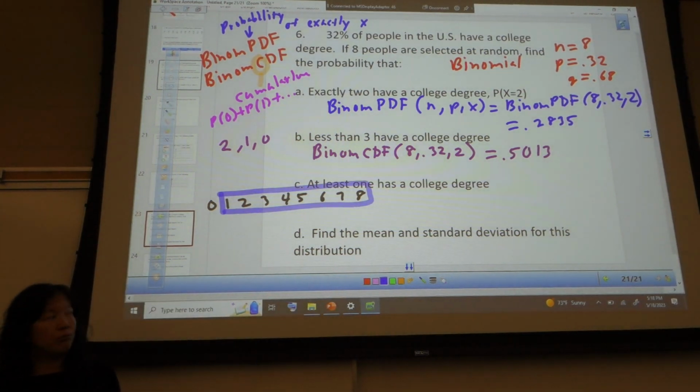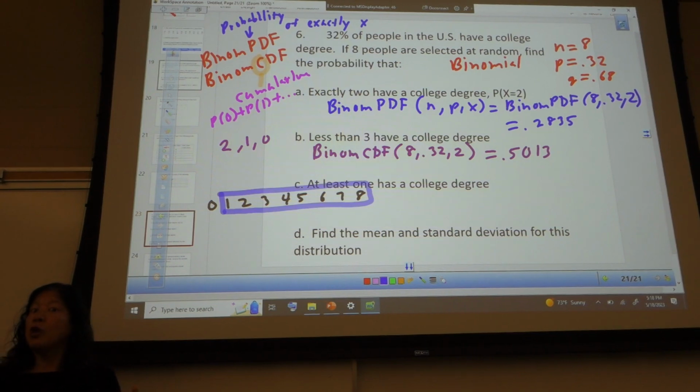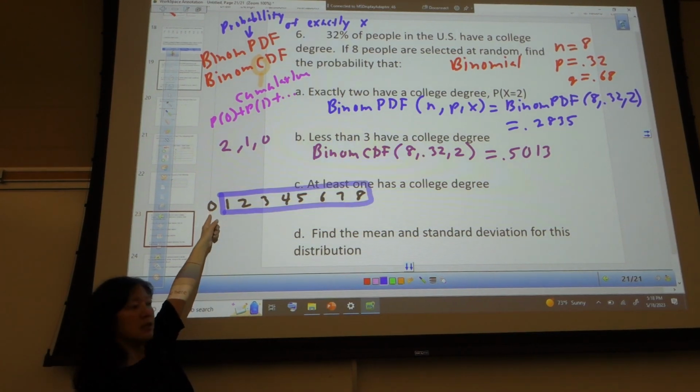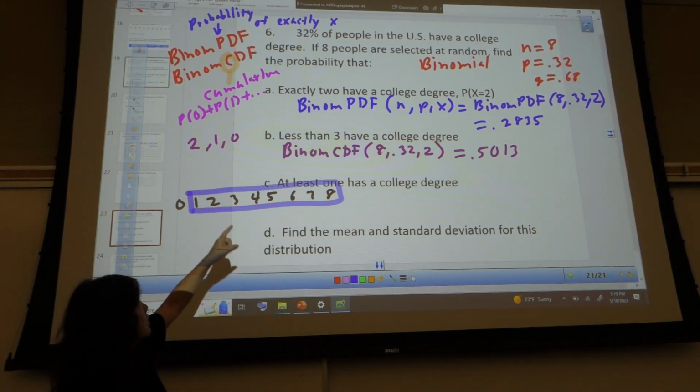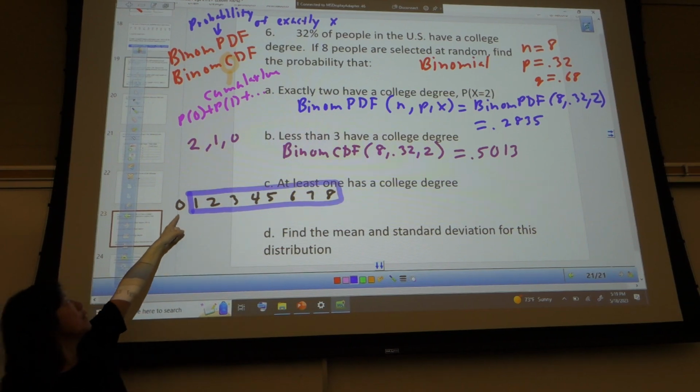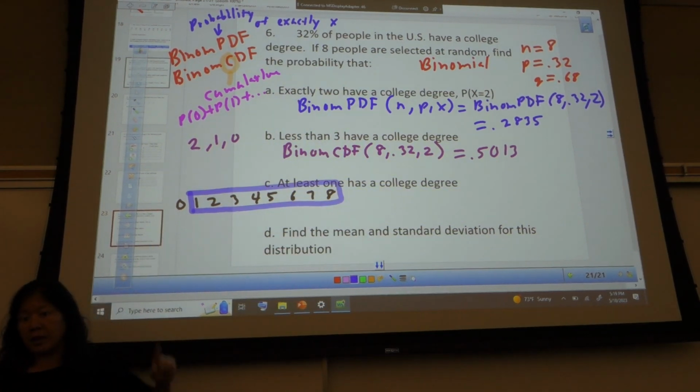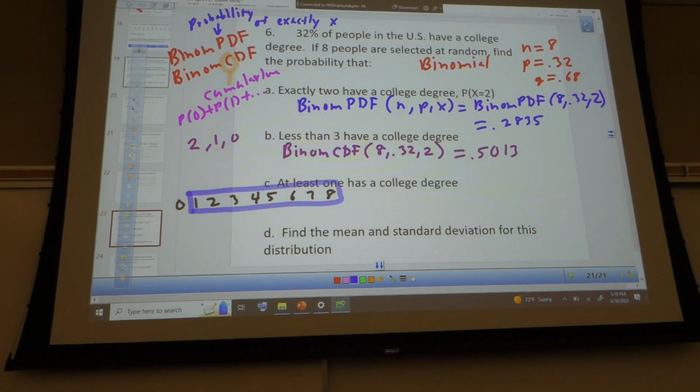Or probability of at least 1 is equal to 1 minus the probability of 0. Right? Because all these together have to add up to 1 or 100%. So if I want the stuff in blue, I can just do 1 minus the stuff that's outside. Probability that x is 0. Got it. So it's going to be 1 minus the probability of 0. In other words, 1 minus binom